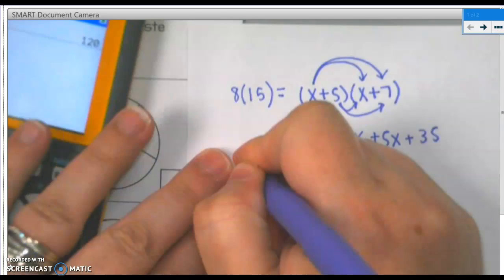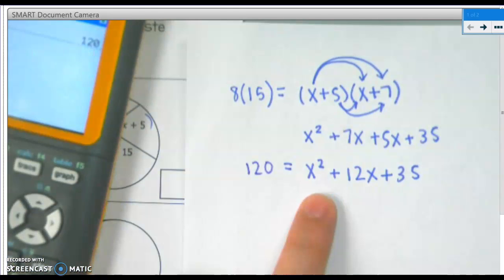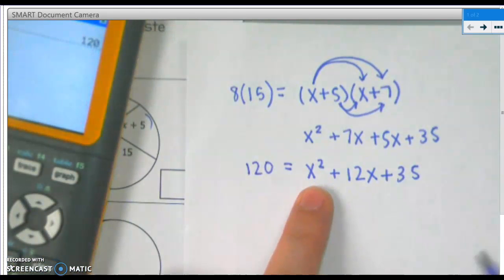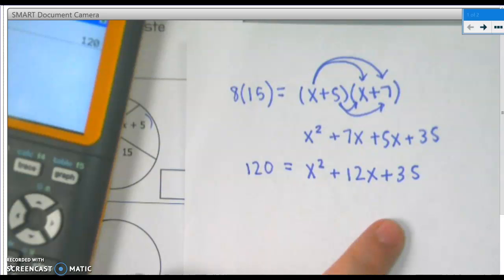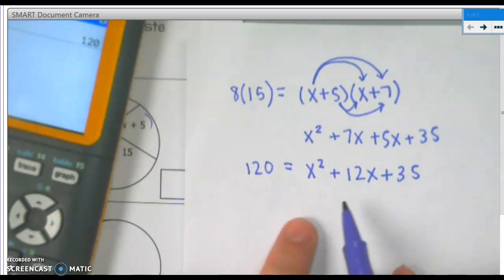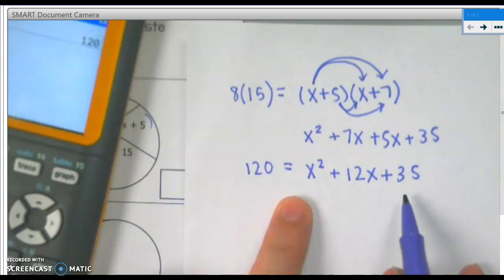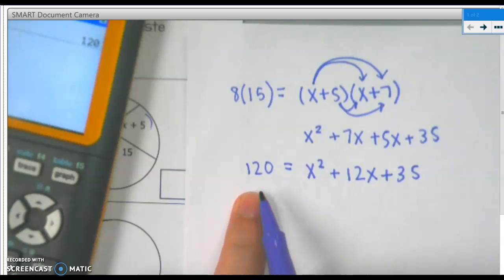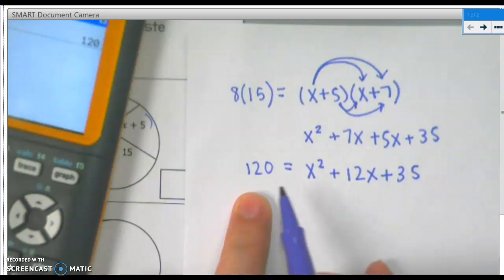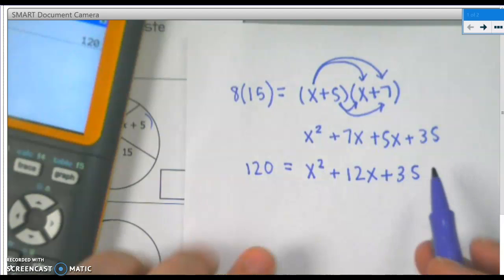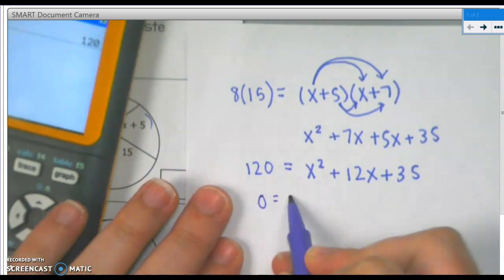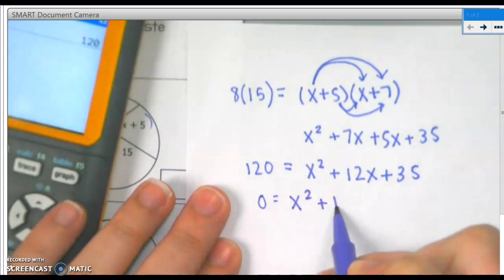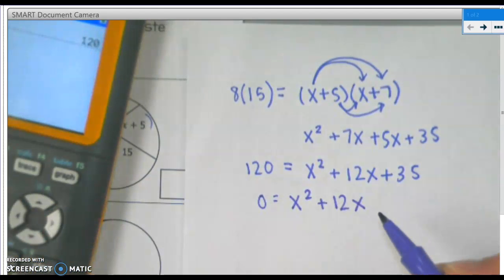All right, now this is quadratic. It's quadratic because I have a trinomial. I have x squared and x. So the two ways to solve this by hand are the quadratic formula and factoring. Both ways, it has to equal 0 before you can work it out. So I'm going to have to subtract the 120 from both sides so that this is equal to 0. So when I do 35 minus 120,